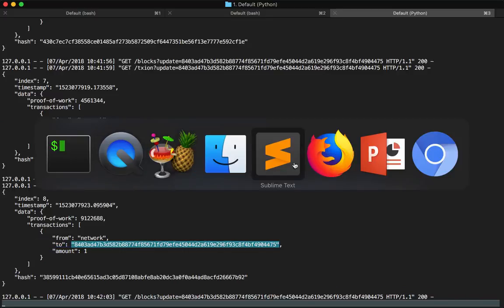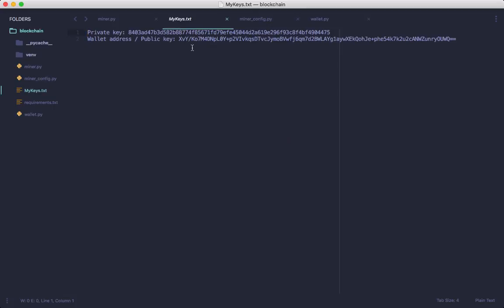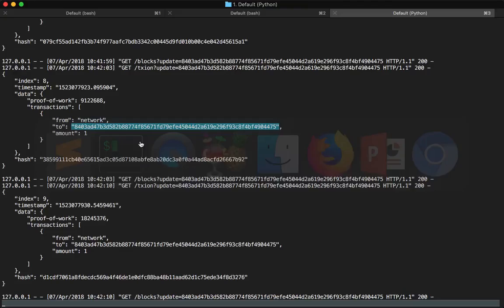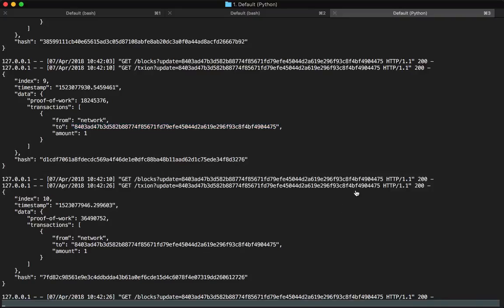This is my own personal key that I generated as of yesterday. This address is being added with 1 till now. So I have a total of 9 because of 9 blocks. Let's have a look at how the transactions happen.